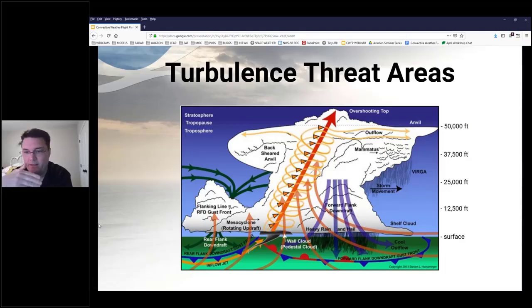If you're GA in an unpressurized plane, you're probably not having to worry about flying up at the anvil level. But for the purposes of this discussion, the anvils stretch out a long way, usually, on a mature storm. And sometimes you'll see mammatus, and we're going to have a picture of mammatus later, on the underside of that anvil,